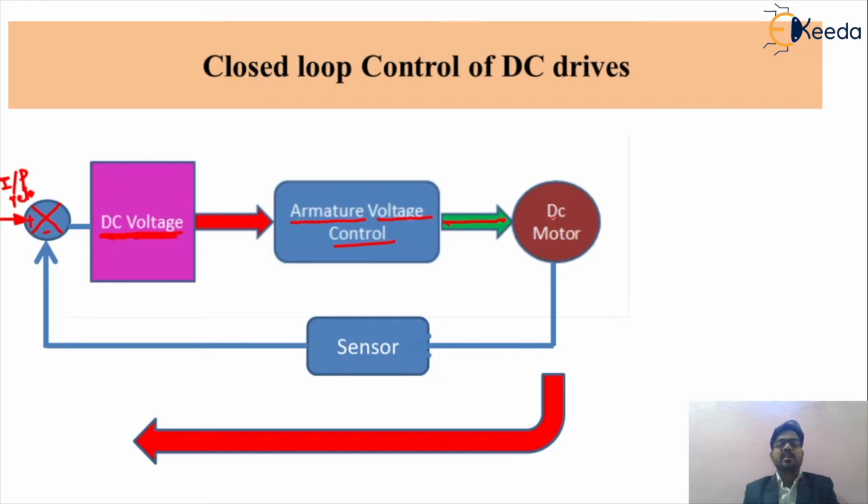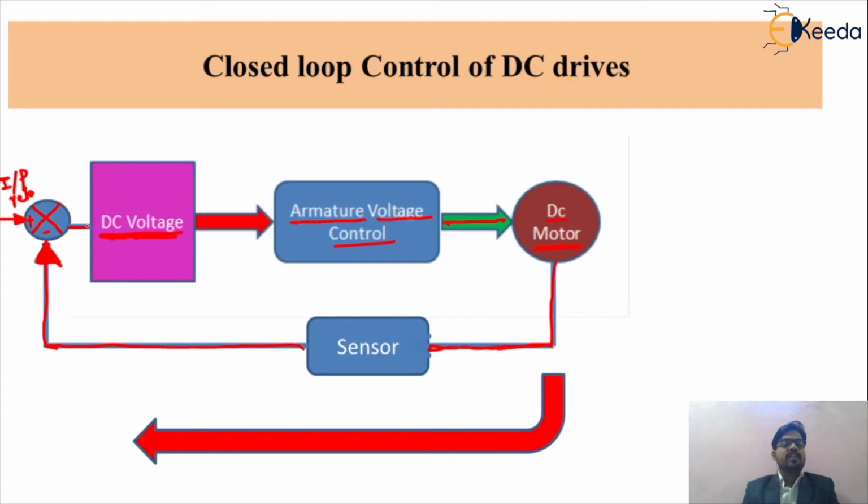In the closed loop armature control system, we take into consideration the sensing of the motor speed. Friends, let us take an example. If you want to get automation of the DC drive, that is, automatic speed control of the DC drive by means of the feedback loop control system, then we prefer a speed sensor in the circuit. This speed sensor senses the speed of your motor. And if the speed of the motor is okay, then the system will give you that particular signal.